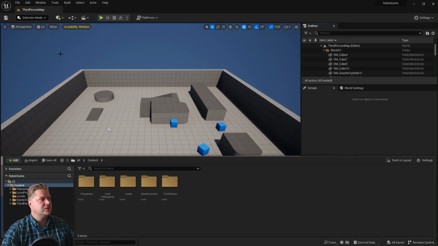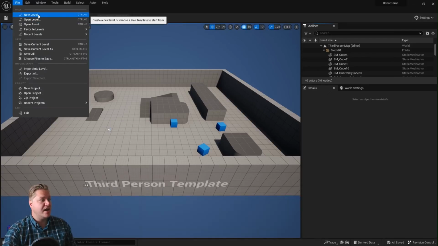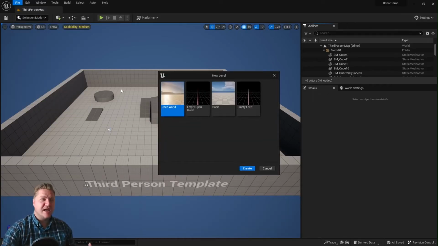So to do that, we're going to go up to file, and there's a new level dialog here, so we'll click on that. And this is the step that was just missed out because we just did it in the content drawer. We have the option to create an open world, an empty open world, a basic level, or an empty level. Now, incidentally, we do want an empty level, but most of my tutorials will actually start with a basic or an open world template. And they're really useful because they come with some really cool stuff like lights and a sky. But we do actually want to create an empty level, so we'll click on that